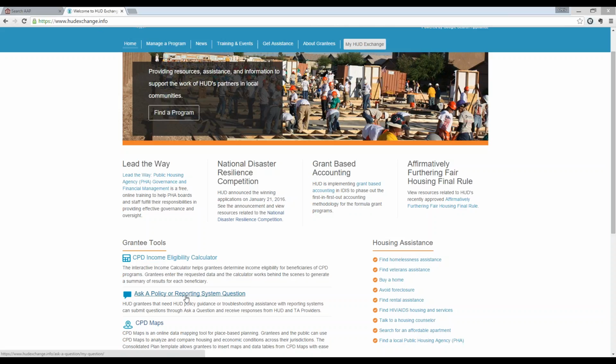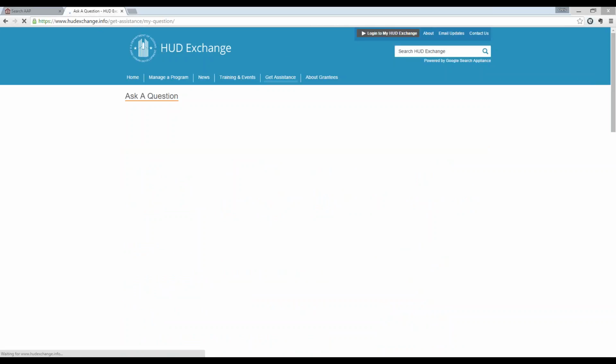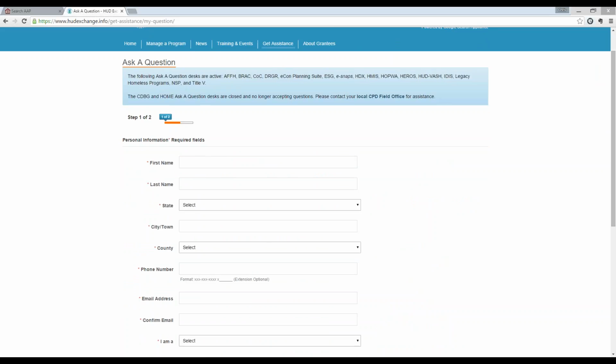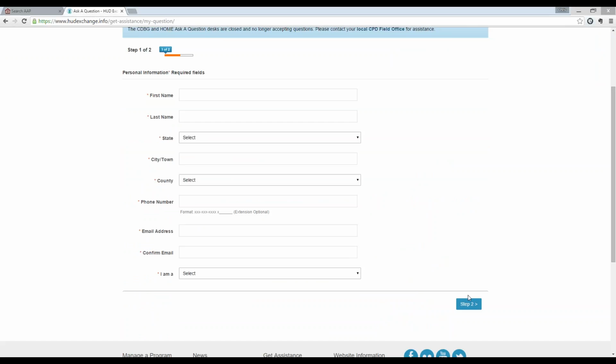If you click on the Ask a Policy or Reporting System question, you'll be able to go through, enter your information, and on the second page you will be able to submit your question, and someone from the HUD team will be able to respond to your question and provide the appropriate guidance.